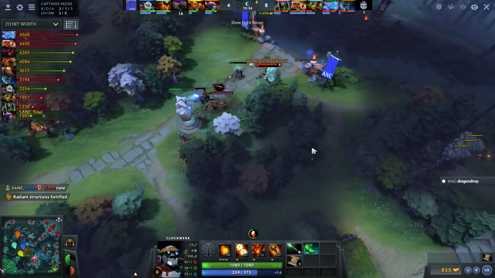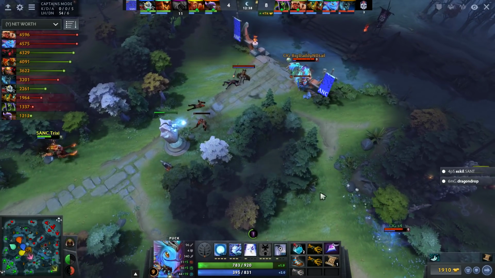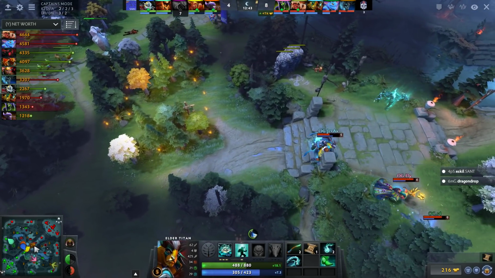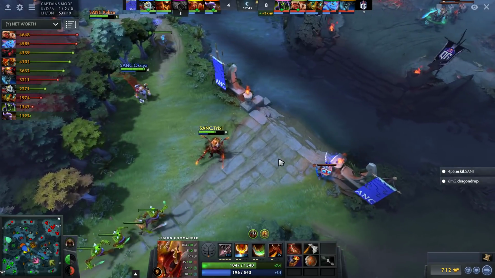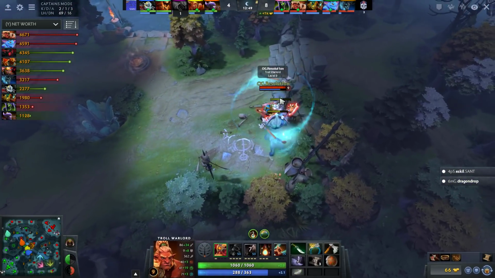There. Can he turn us around here? I mean, there's a hookshot available on Clockwork. I mean, yeah, this looks like OG feels like they might be pressured here and they're just taking it easy. They are meanwhile pushing the bottom tower, and Resolution is just farming away, so...